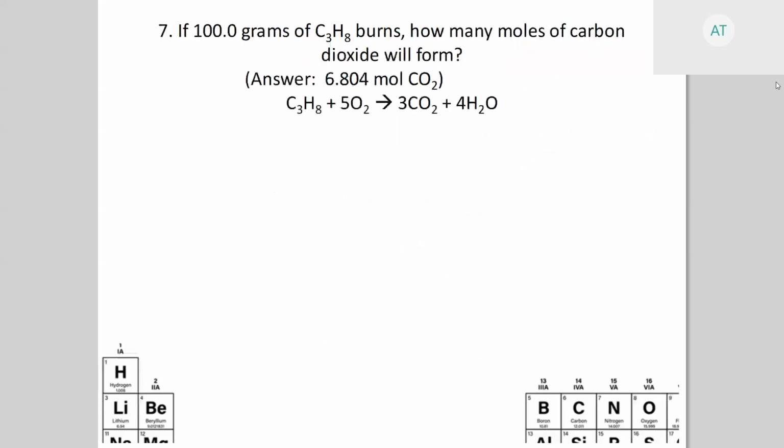You want to do another one? Yeah, number 7. Okay, so number 7. If 100 grams of C3H8, where am I going to put that information? You're going to put the 100 grams under the C3H8, and then X mole under